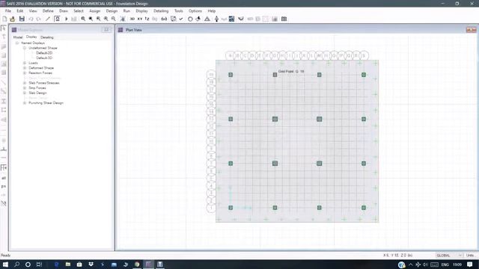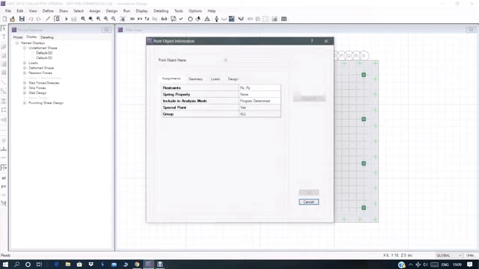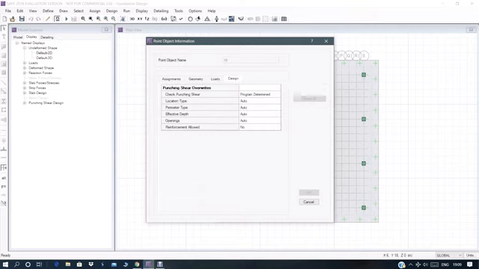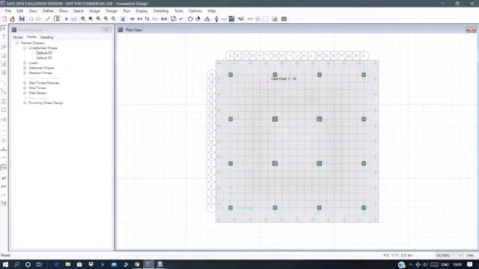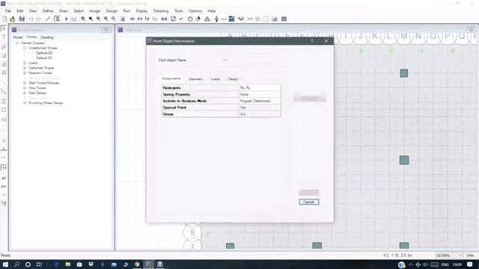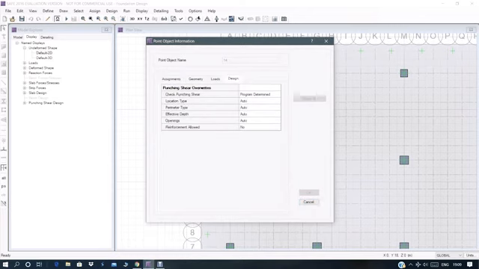Then if you middle click on this column, you will get the loads. This is dead load, point load, this is live load, dead load this, and here design. So in column, if you want to see rebar, then click inside the column but not at the center. You will get